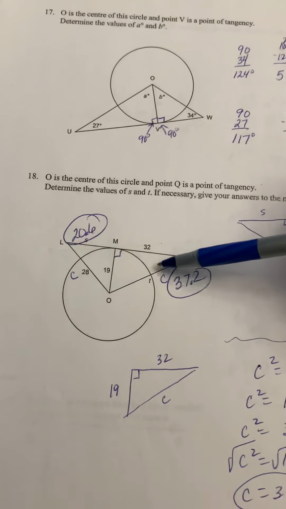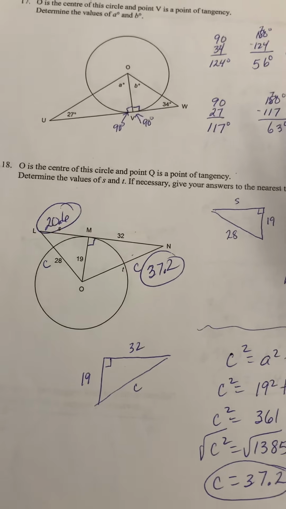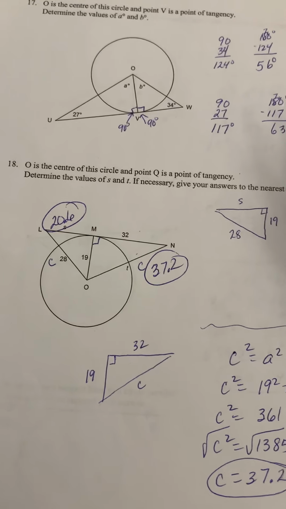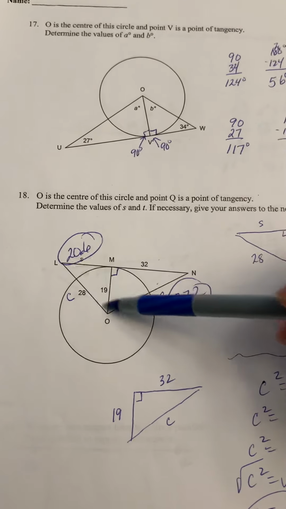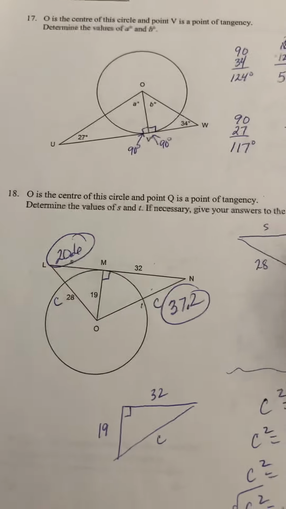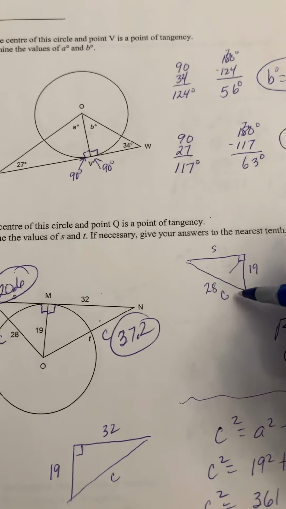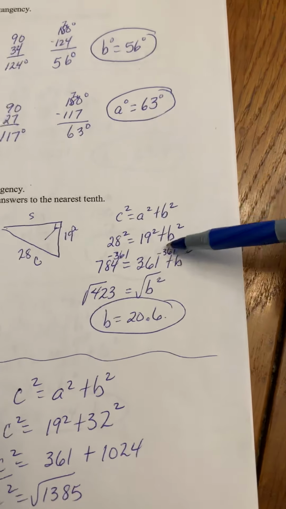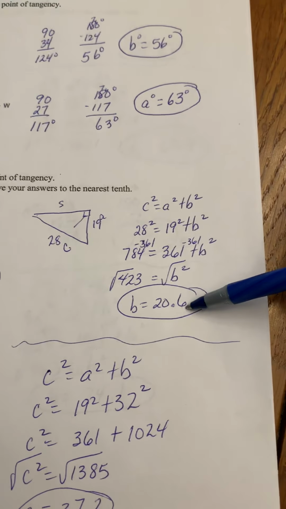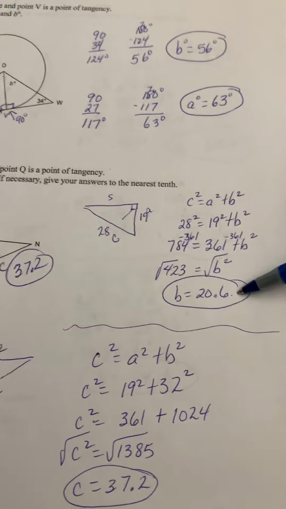The other thing we looked at was the Pythagorean theorem, and that's the one we're going to use here. So what's really important is that you just understand which piece is the hypotenuse, which parts are the legs. Okay, so I started here, and I redrew my triangle over here, and I could see my 90-degree angle was here. So across from that, that would be my letter C, right? That would represent my hypotenuse. This could be A or B, it doesn't really matter. I worked through the Pythagorean theorem. I'm solving for B. It said round to the nearest tenth, so I had 20.6 as my